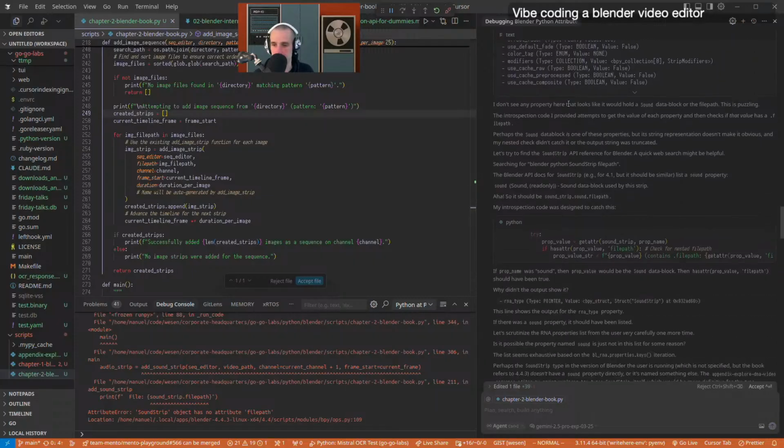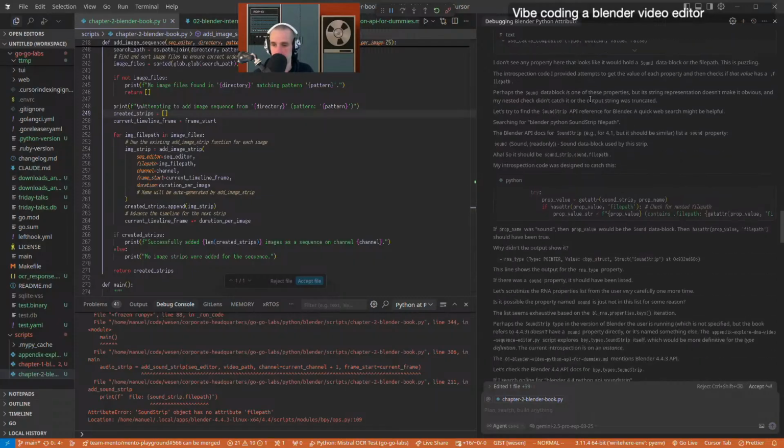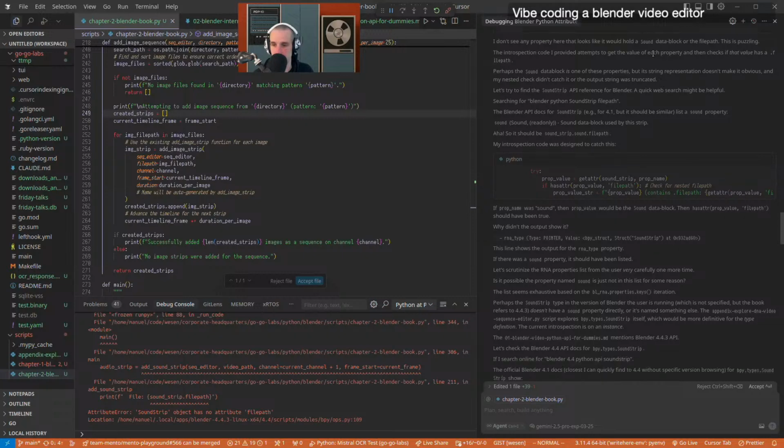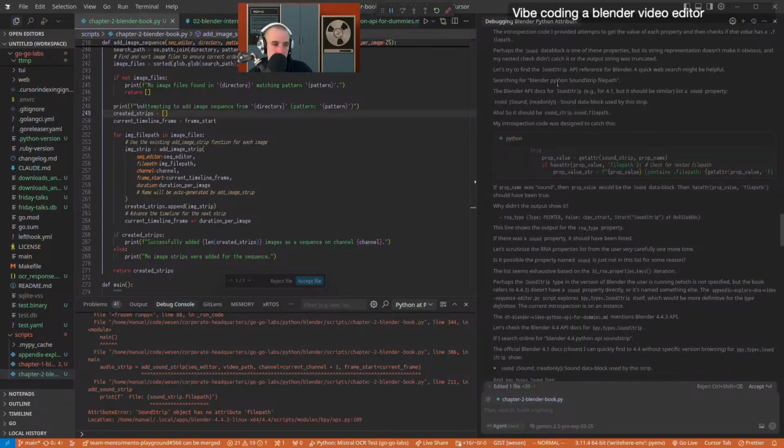So it says, I don't see any property here. Perhaps the sound data block is one of these properties, but its string representation doesn't make it obvious. So my nested check didn't catch it. So here it's doing all this matching of tokens of the output introspection that we did. And hopefully it will latch onto something interesting, like it just did. Do some more yap, and link it to the book and link it to all of this. And then we'll see